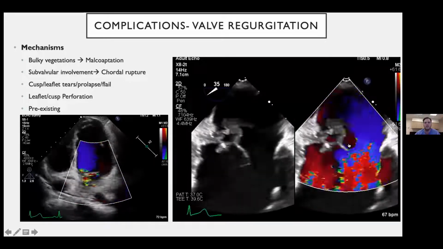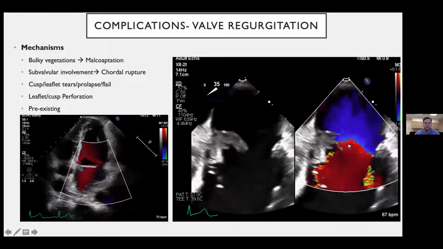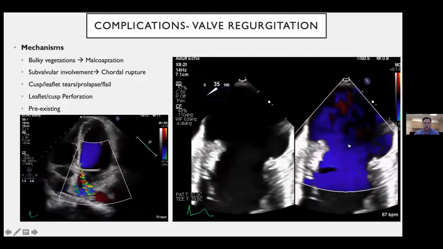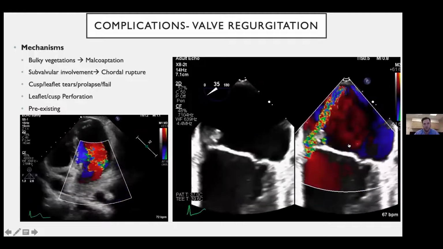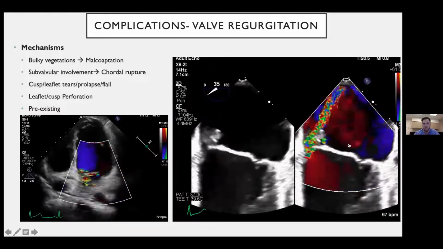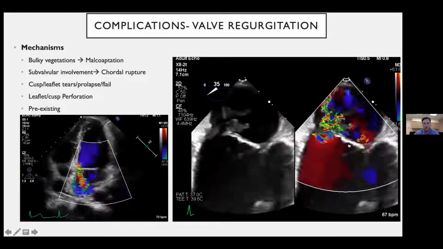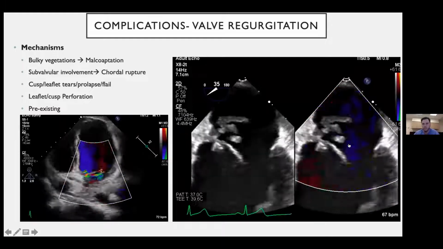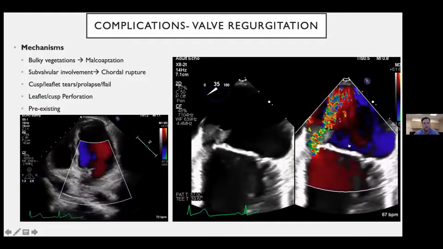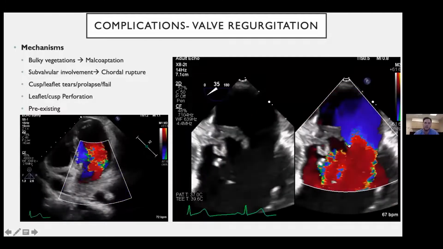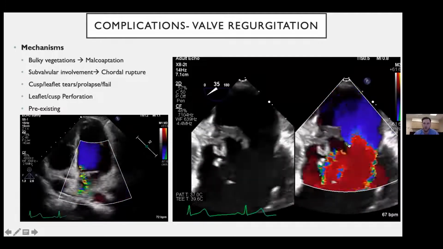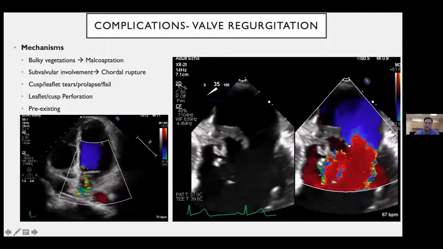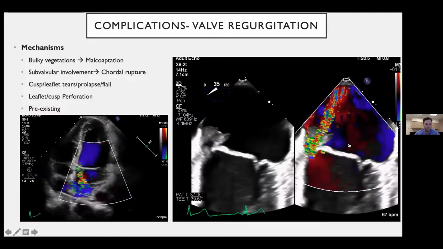Okay, so starting with valvular regurgitation. So endocarditis can cause valve regurgitation by really a variety of mechanisms. So bulky vegetations can result in valve malcoaptation. If there's subvalvular involvement, there can be chordal rupture leading to prolapse or flail. Invasive bugs can cause leaflet or cusp prolapse, perforation, tears. And often you're going to need a TEE to really figure out the mechanism. So this is an